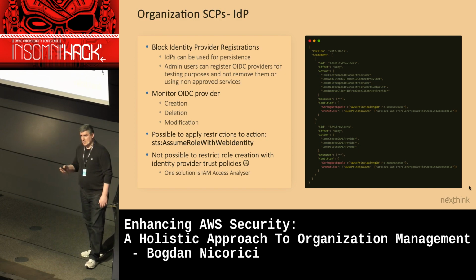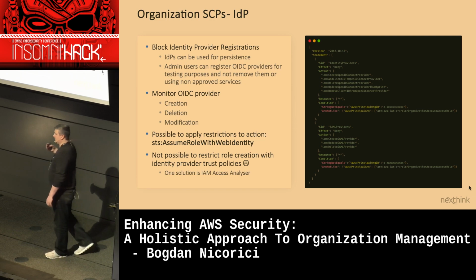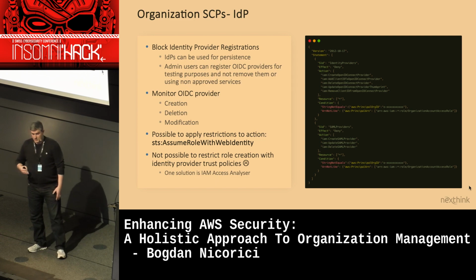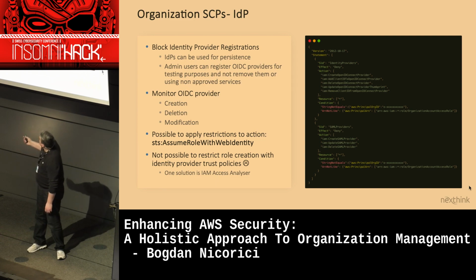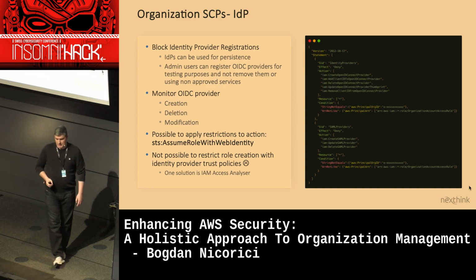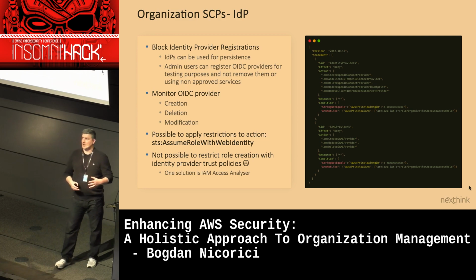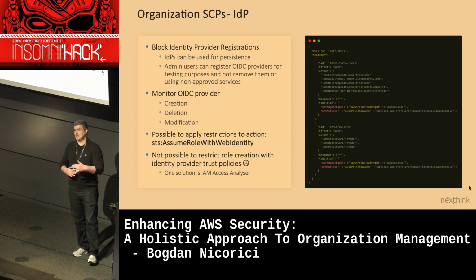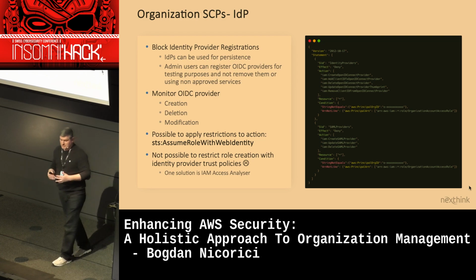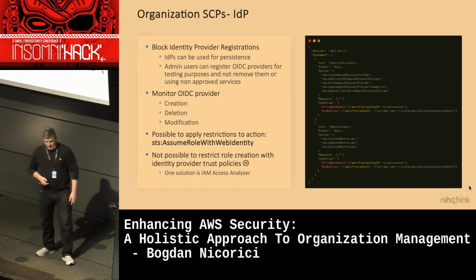CloudTrail is one of the services that will actually log each and every action that is done to the AWS API. So each time someone does an API call, that will be logged by CloudTrail. You can actually see in CloudTrail the trust policy that is being used for a role when someone tries to create it. So you can eventually monitor that as well.